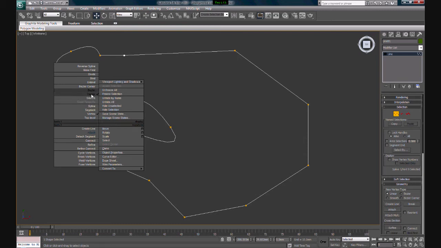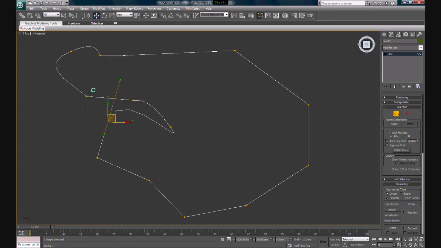See, right now it's on corner. Corner means sharp, and let's go into Bezier. When you click Bezier, you can actually adjust the curve. The way to adjust the curve is by clicking on this green button here. Click on it so you can tweak around. If you want to change this into Bezier as well, let's make it Bezier corner. Bezier corner gives you a lot more control over your curve on each side, compared to Bezier,